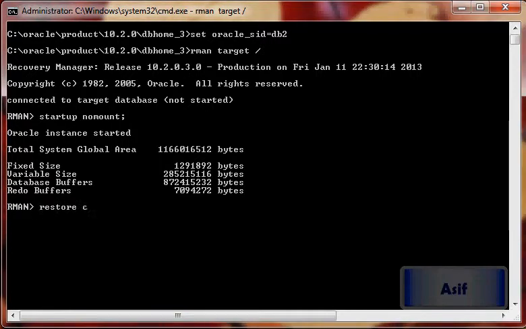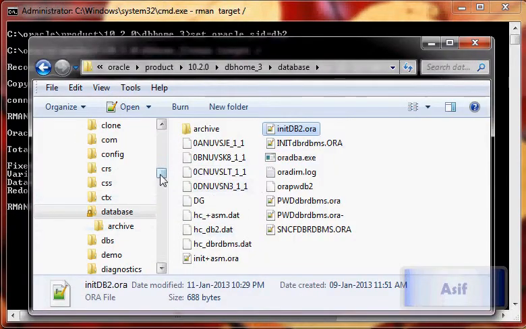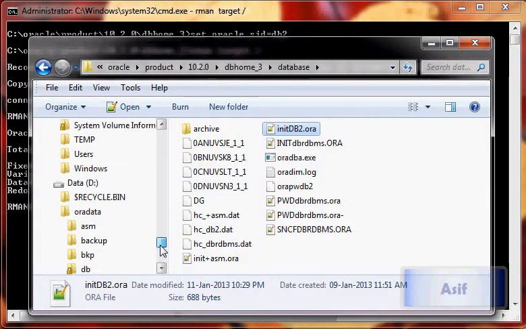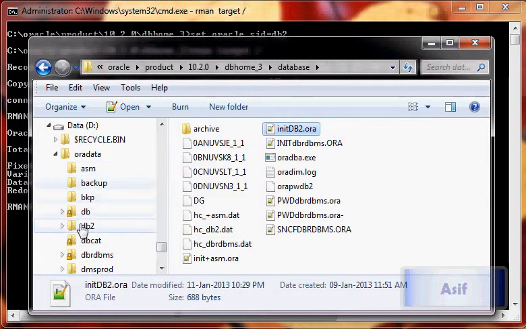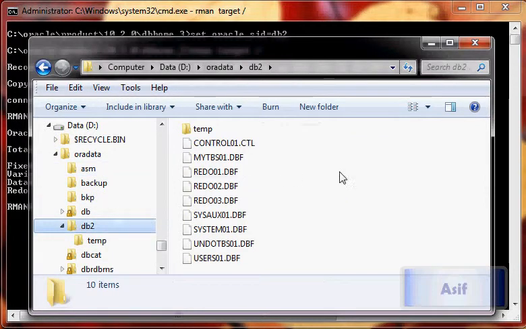Restore control file from the location is db2. This is the file and its name is control01.ctl.